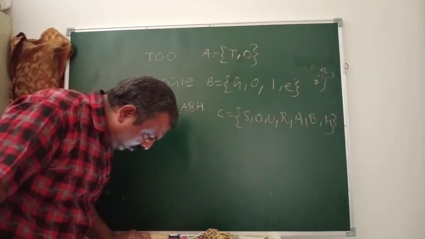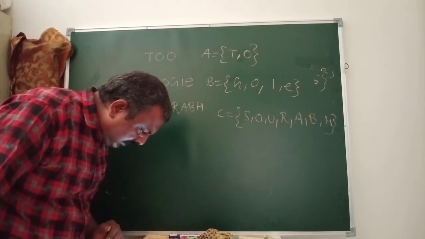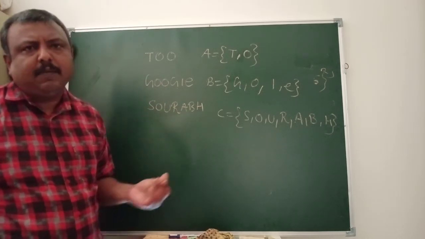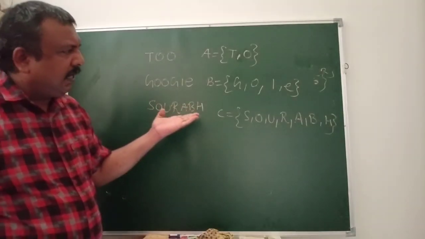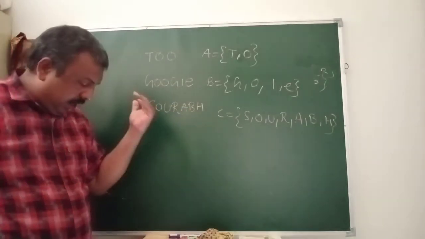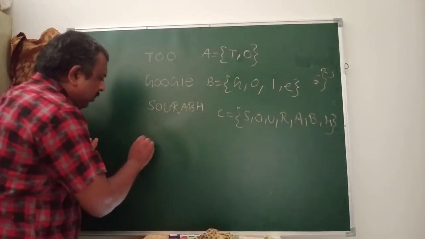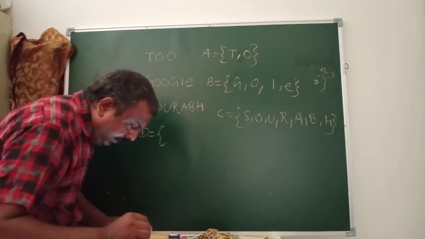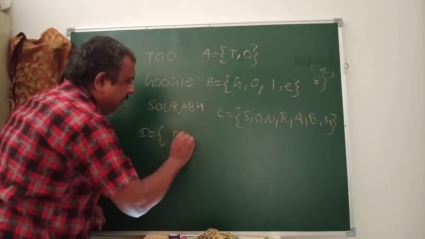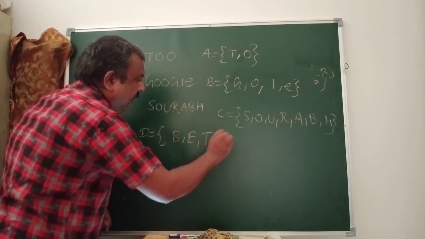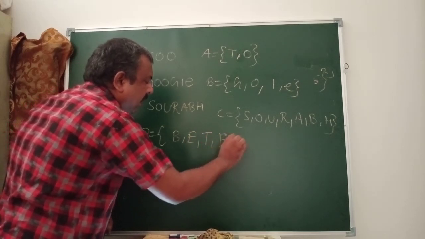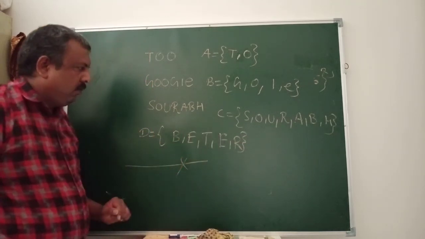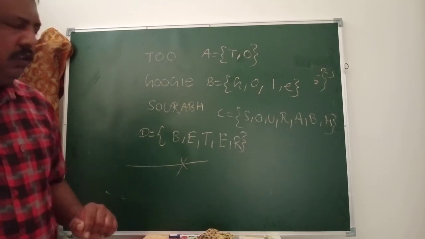Okay, and the last question, the third, is the set of the letters from the word better. In this also you can make it for better in the same way. Any letter that comes a second time, please, there is no need to write it. So how to write? Suppose I am taking the set D, so how to write? B, E, double T, E, R, so B, E, T, R. Okay, now after this I am taking question number 4.